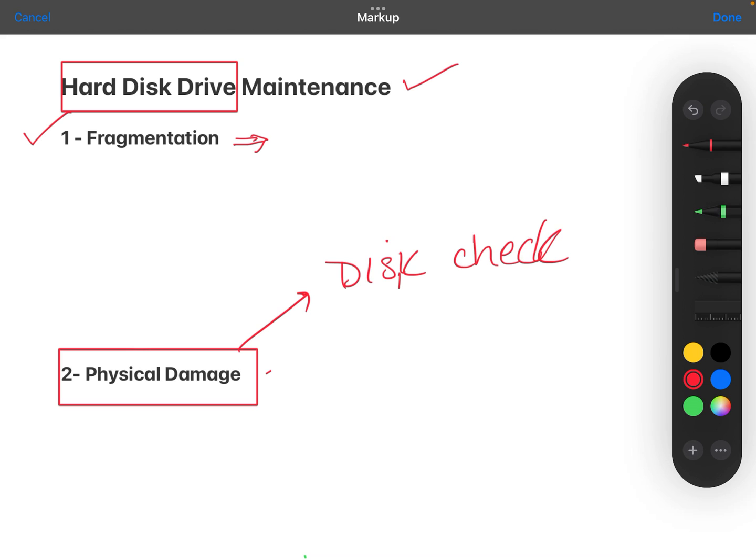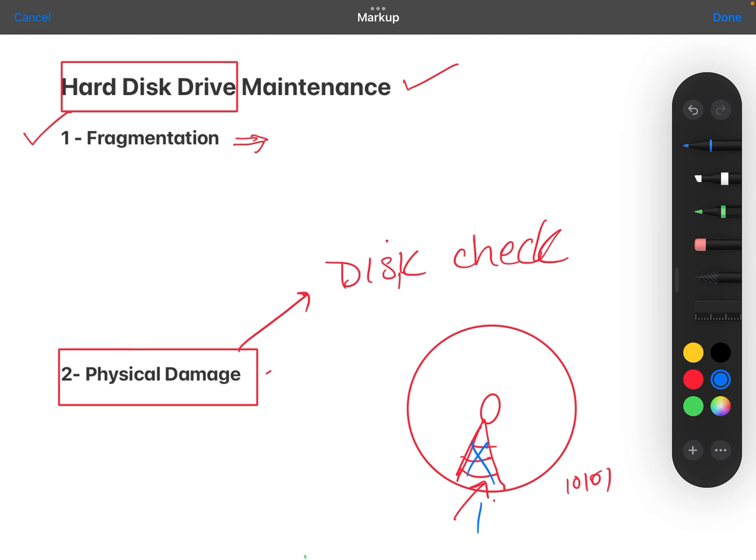It's a small program. You can run that. And what it does is that it really goes to the platter and it tries to write on every sector and every block. It writes something on it like 10101 and then tries to read it back. If it cannot read it back, then it knows that this is a bad block. So what it does, then it comes back and on the